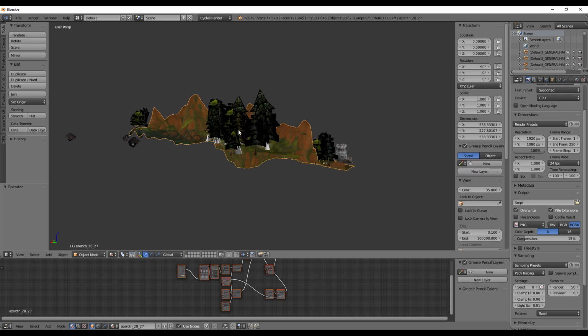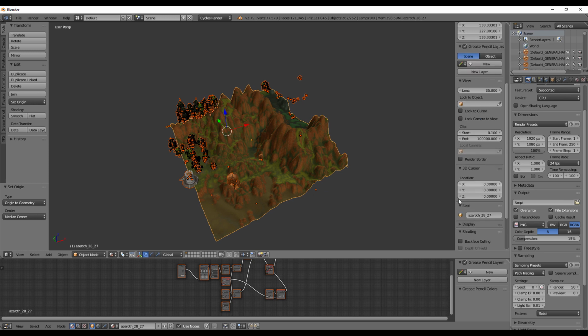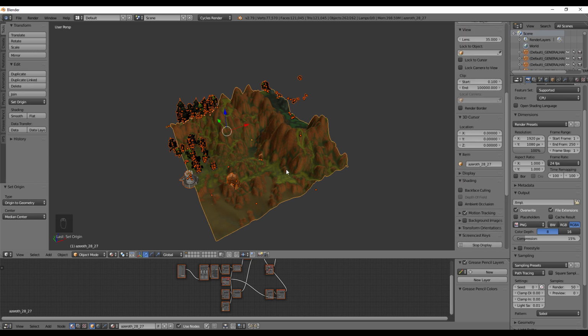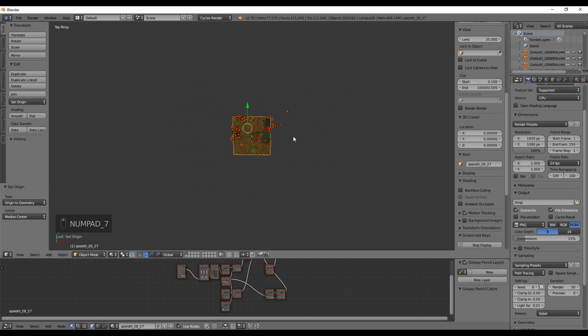So it's over there, period on the number pad, select everything, Control Shift Alt C, origin to geometry. I did that again with the keys on so you can see. And then I usually just move it back over here, this is where your grid is, if this dot's in the right spot. If it's not, press Shift C and it'll put it in the middle of the grid, and then you can just zoom out from